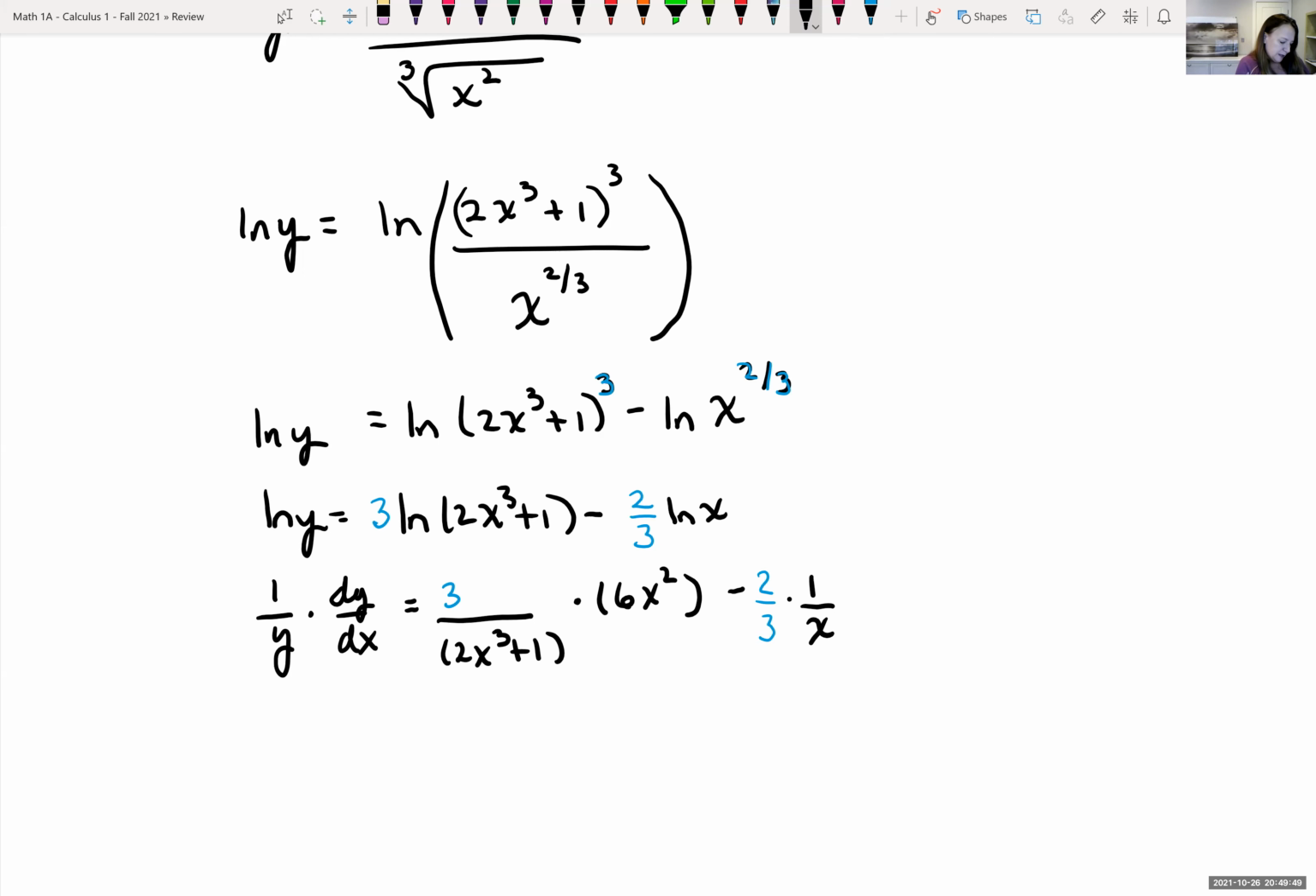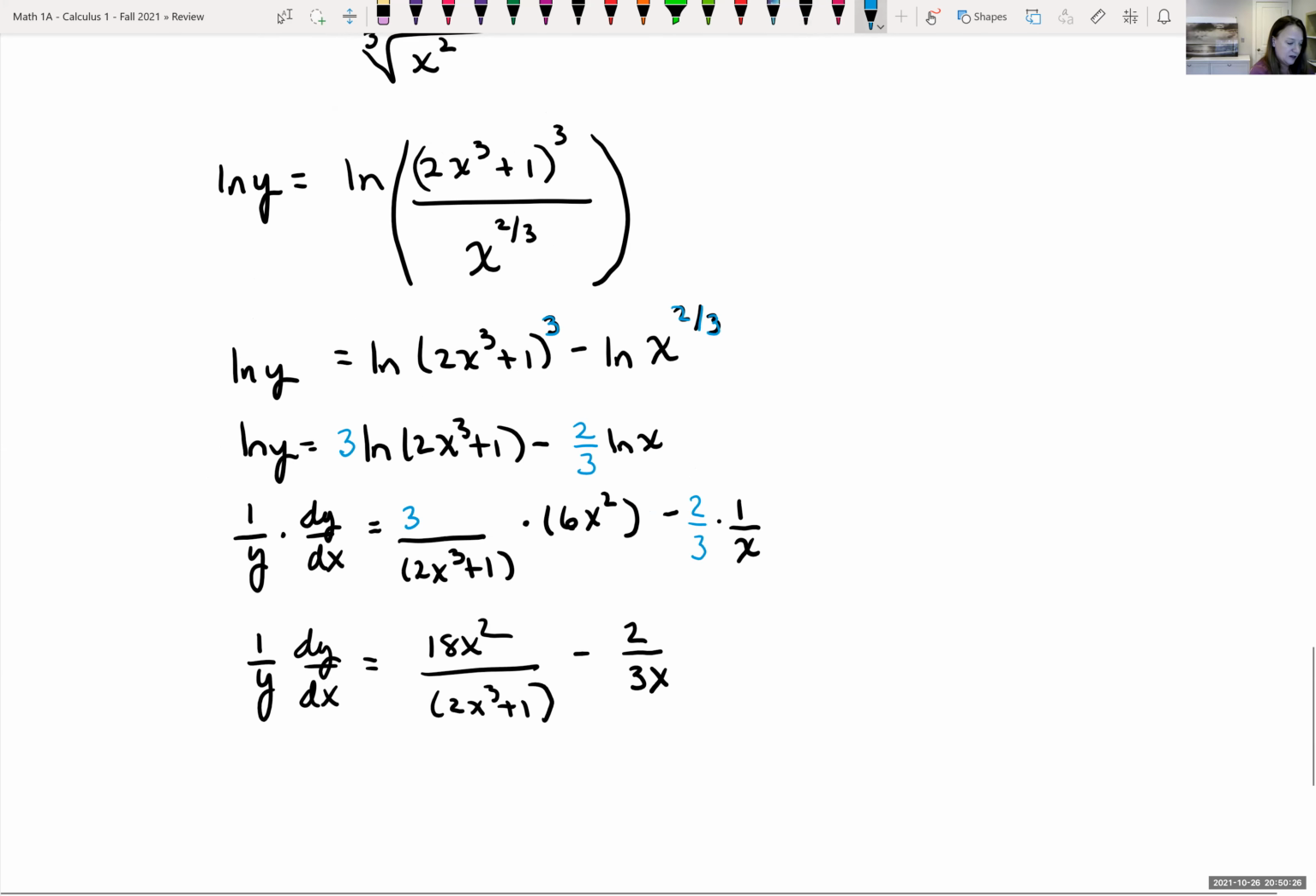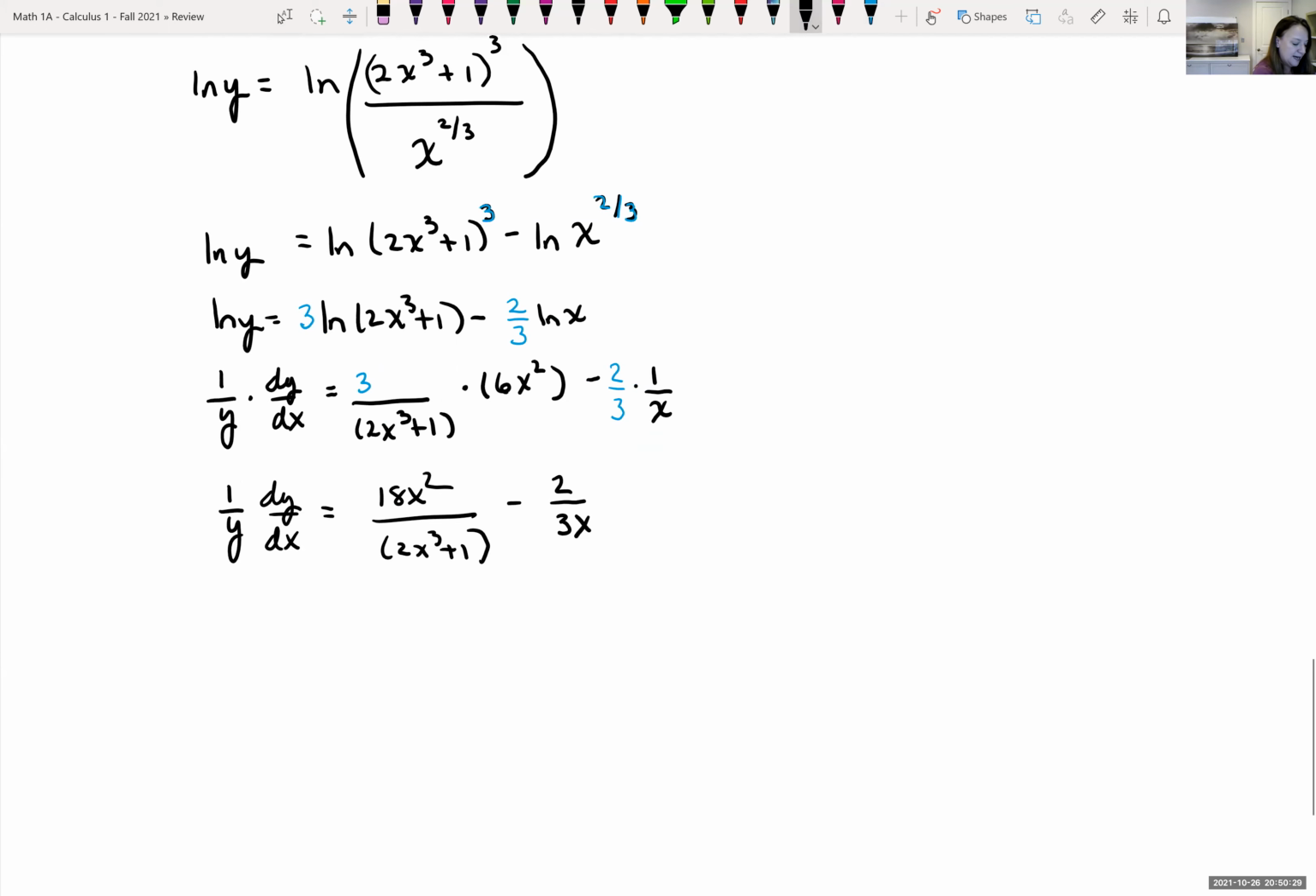Let's see if we can clean this up a little bit. So we have 1 over y dy dx is equal to, well, 3 times 6x squared is 18x squared, all over our 2x cubed plus 1, minus 2/3, or 2 over 3x. Multiply both sides by your y to get dy dx by itself. And so we get dy dx